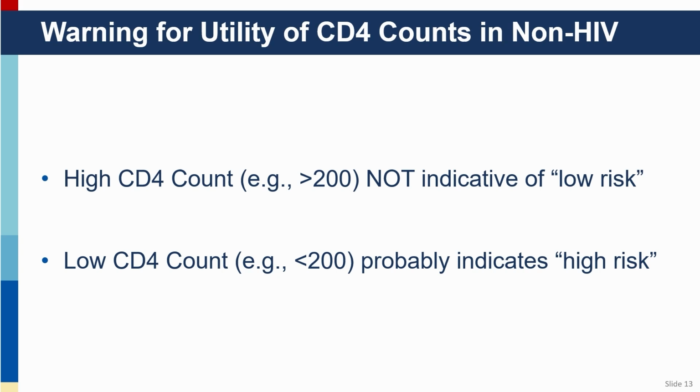I won't show you the data, but if you look at transplant populations, a lot of the pneumocystis occurs over CD4 counts of 300 or 400. The problem is it occurs so infrequently, it's not clear it's worth using prophylaxis. But the point is we're lucky, and the CD4 counts are very reliable, but they're not 100%, so just keep